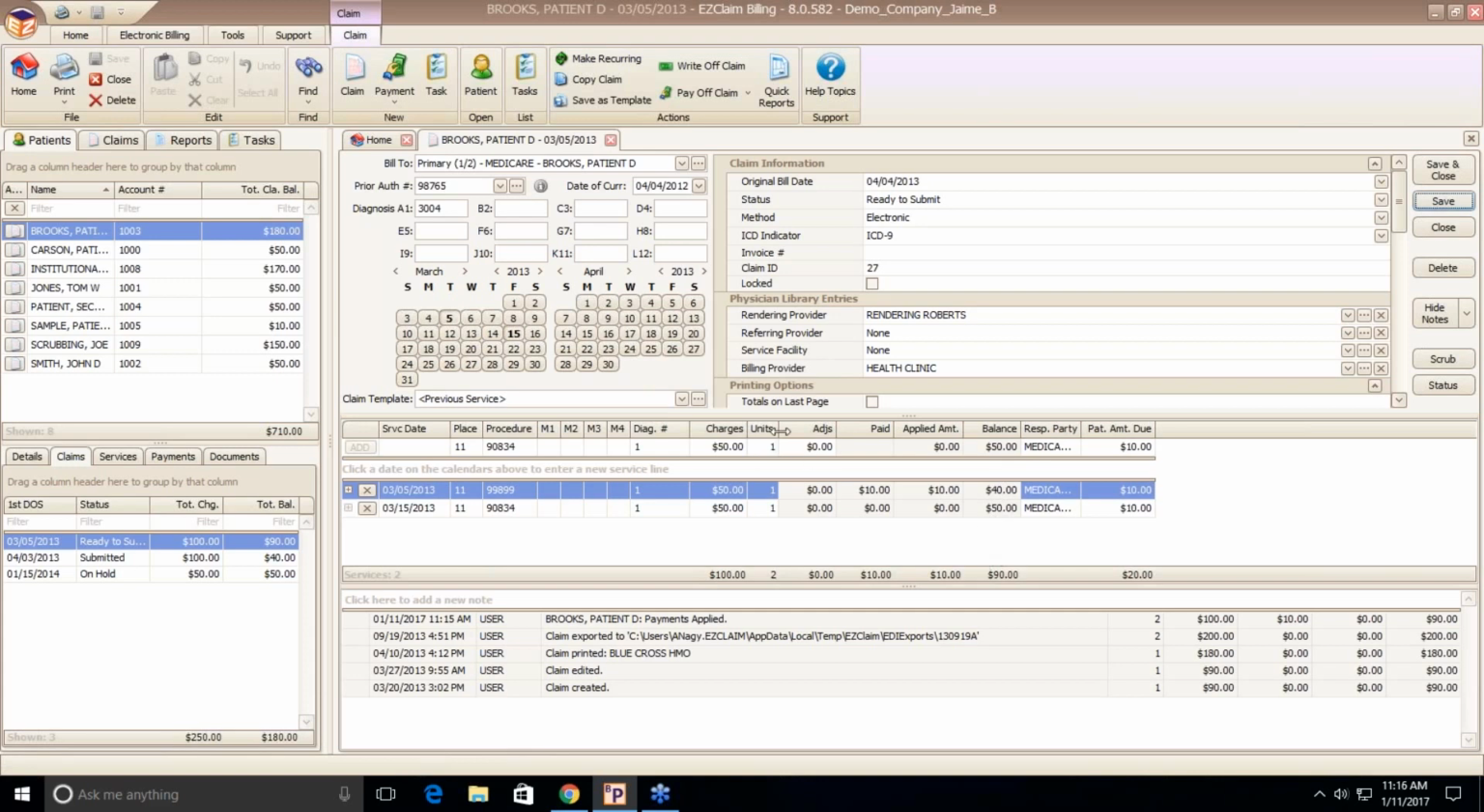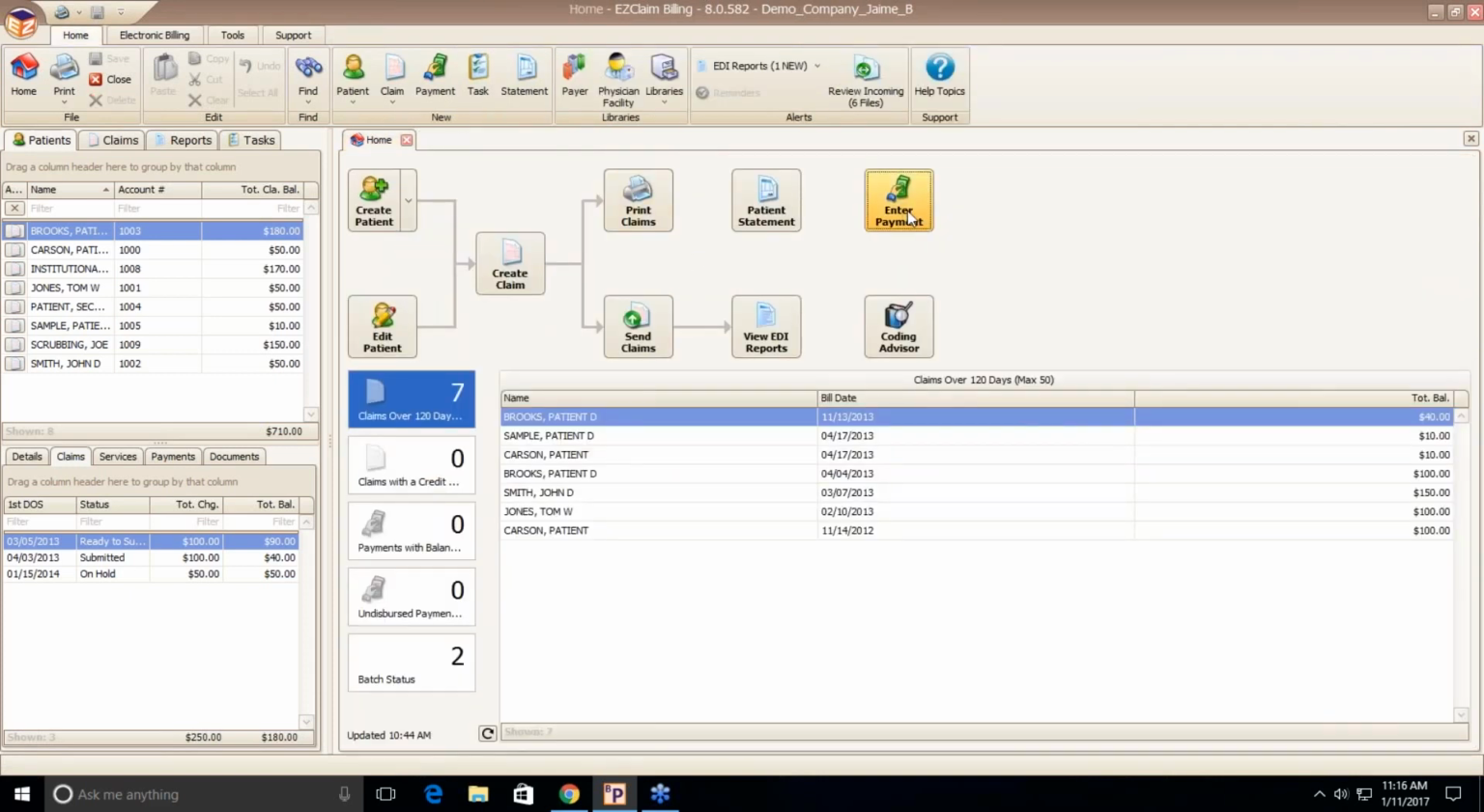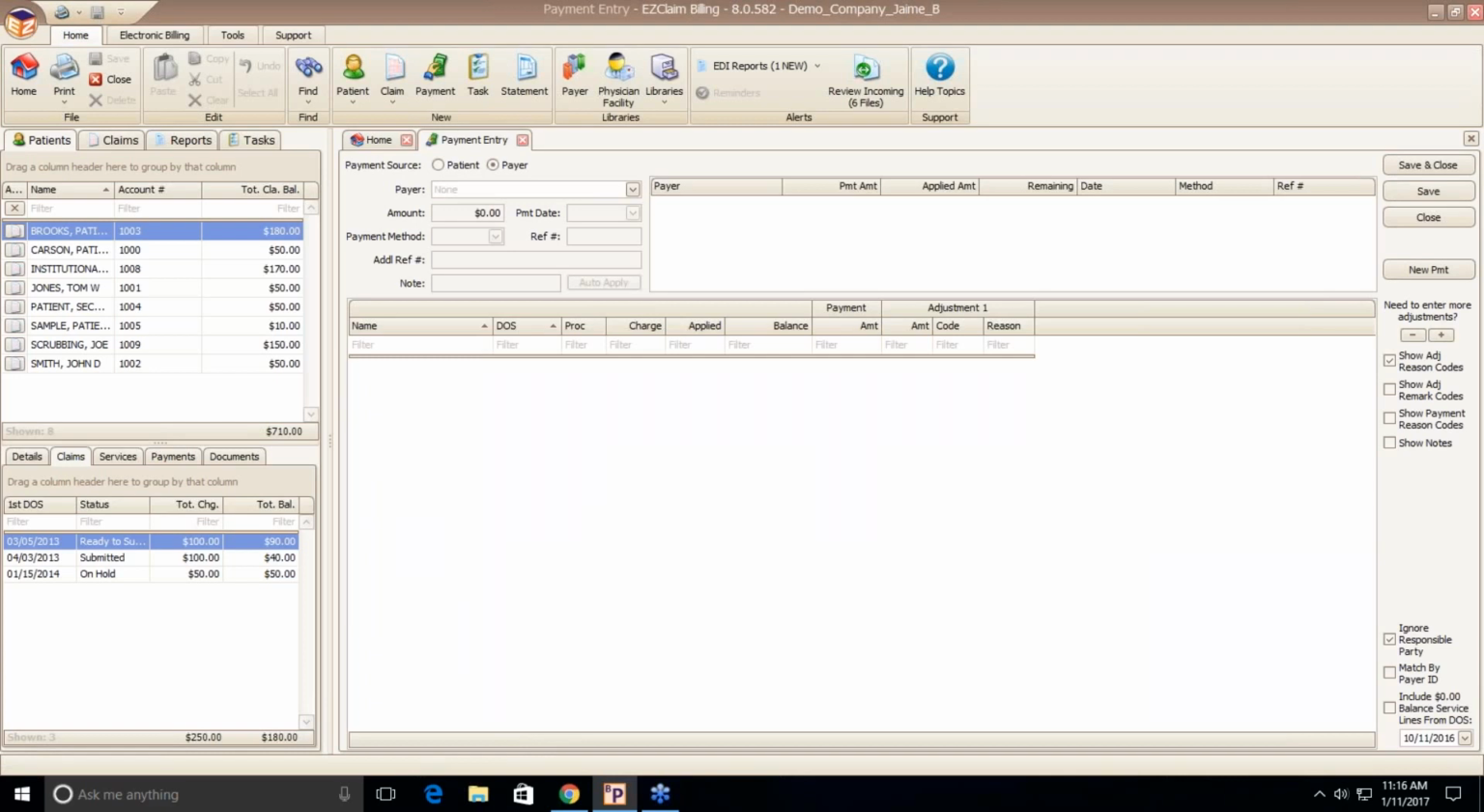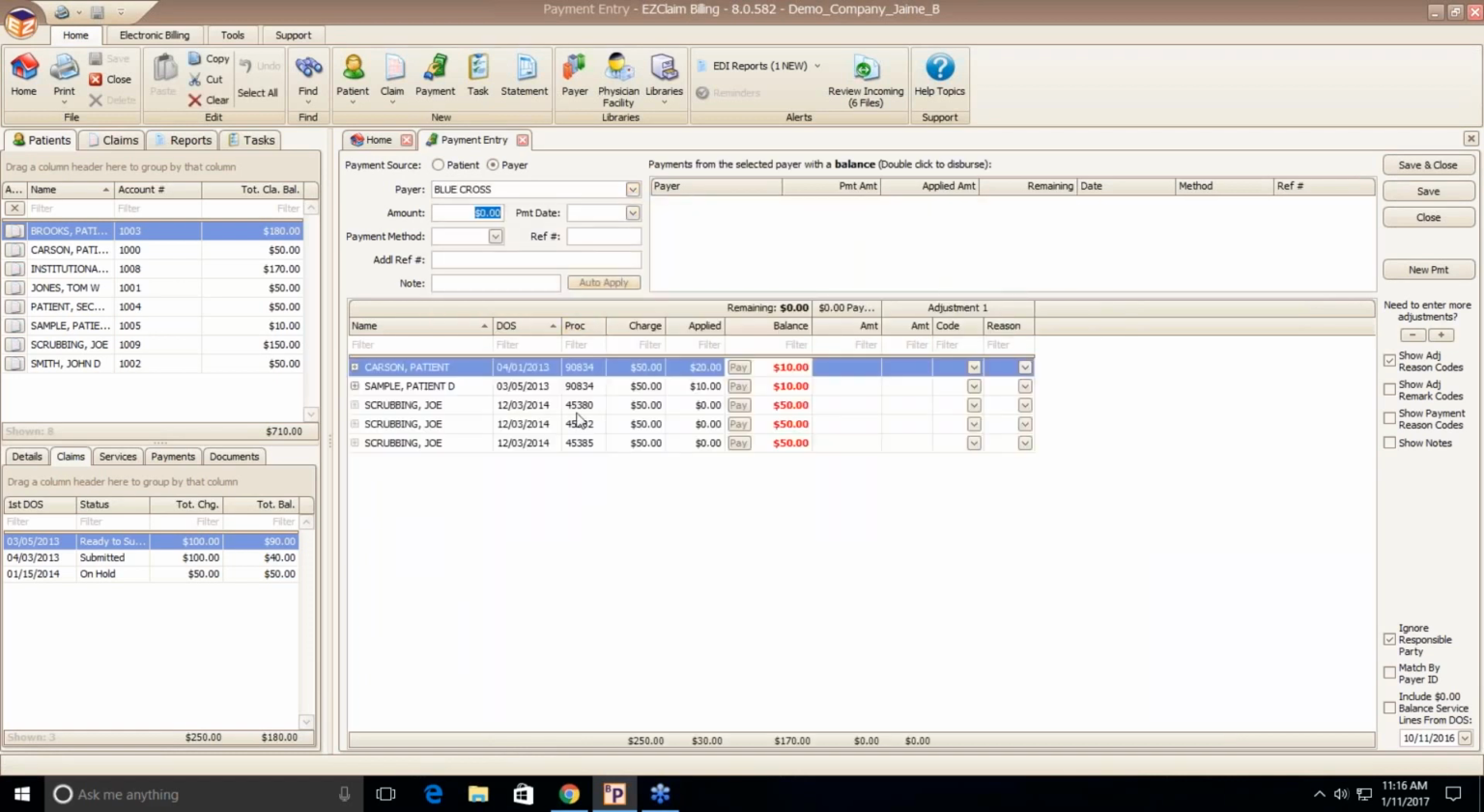And if you have a bulk check to enter, we actually recommend using the Enter Payment window. You would start by selecting the payer that you received the check from. And the program will list all of the corresponding service lines that are due money from that payer. Put your check amount up here at the top. Enter our payment date, any methods, reference number,